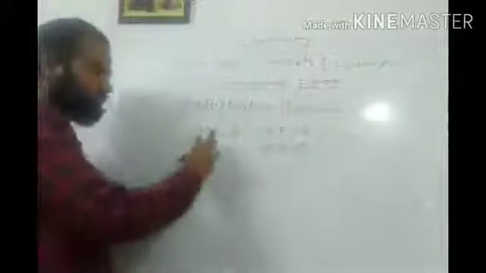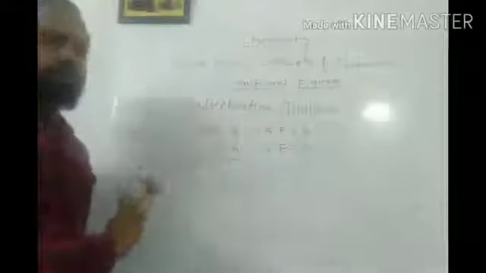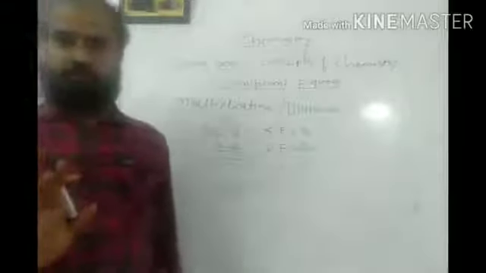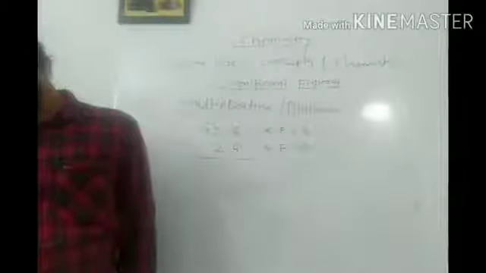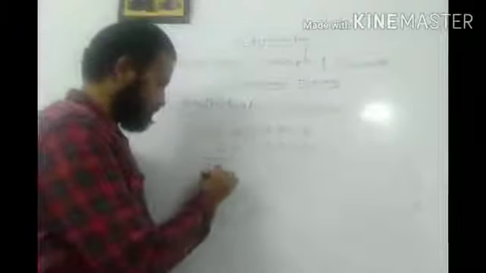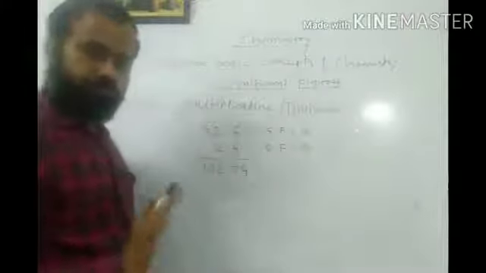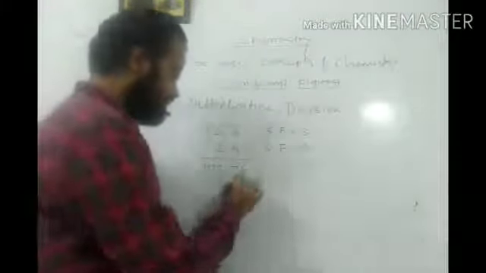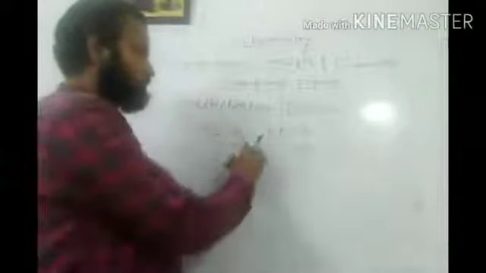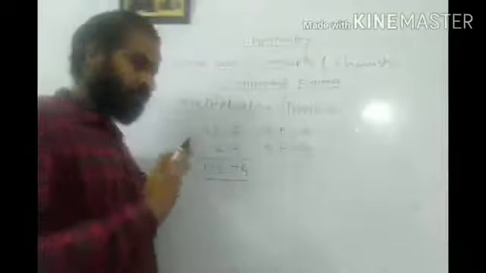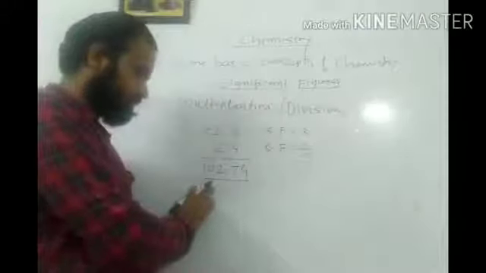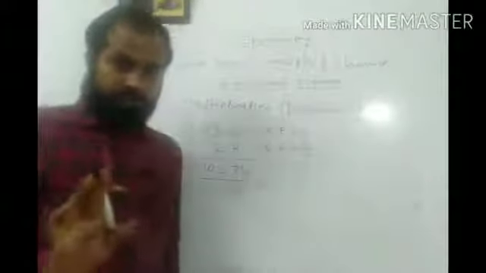So you just try to write down the significant figures in this operation. Then do the usual multiplication. If I multiply, I will get this answer as 102.74. Once you get this answer, you have to see the minimum significant figures. Out of these two, the minimum significant figure is 2. So you have to restrict your answer so that the significant figure of the answer is also a minimum of 2 digits.